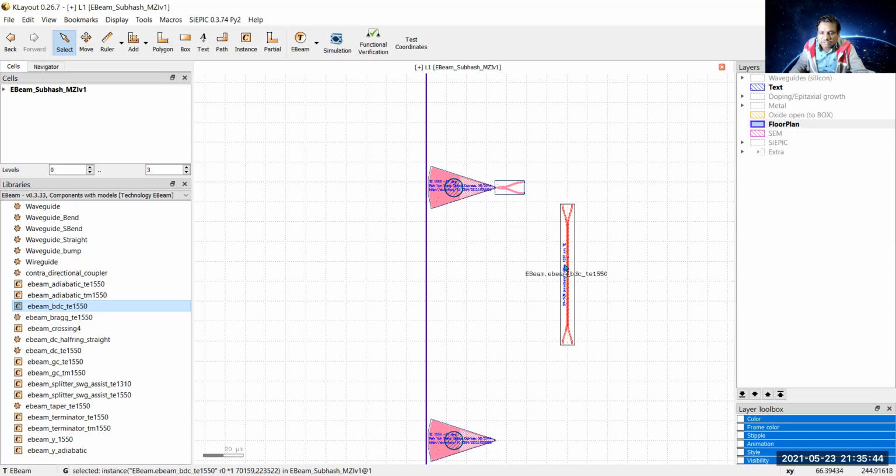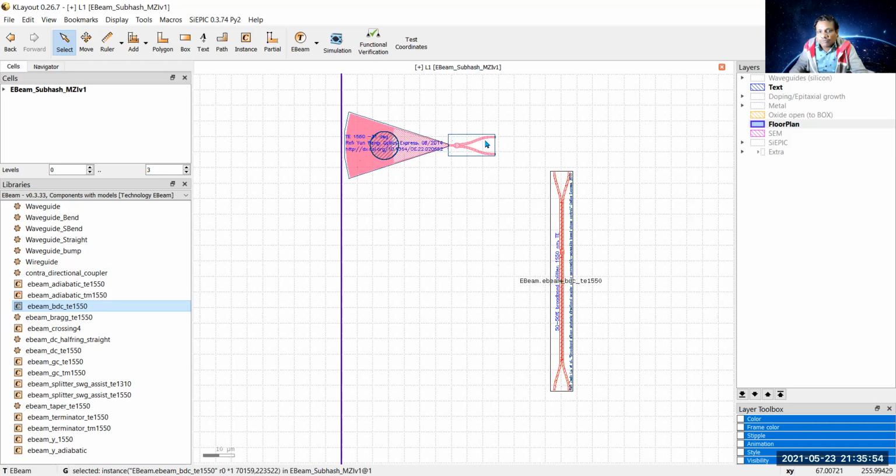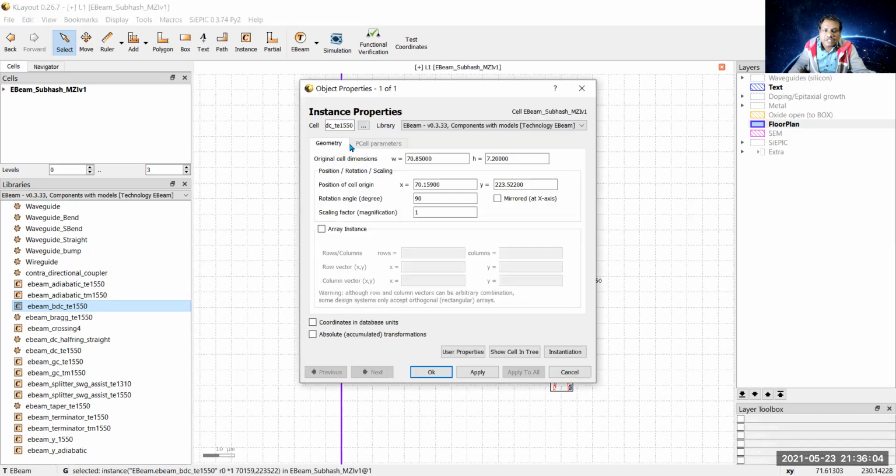However, since it is a bidirectional device, as far as outputs or its functions are concerned, there should be no change. But let us connect port 1 and port 2 to this one, and port 3 and port 4 of the bidirectional coupler to the output ports. So I select it, already it is selected, press the Q button again. The instance property of the bidirectional broadband directional coupler will appear, and now change the angle to 270 degree.